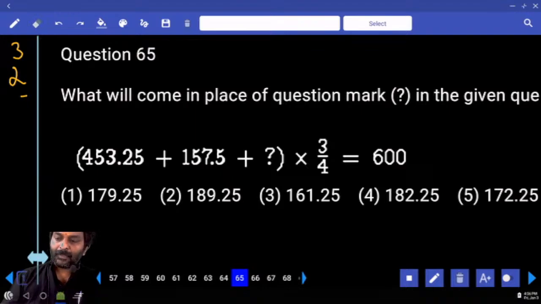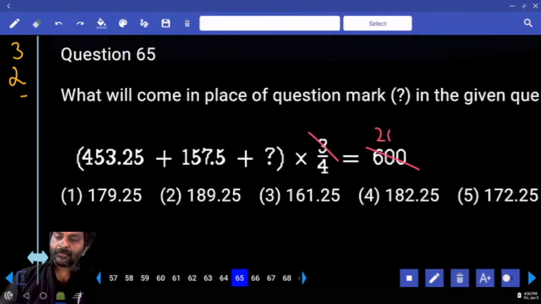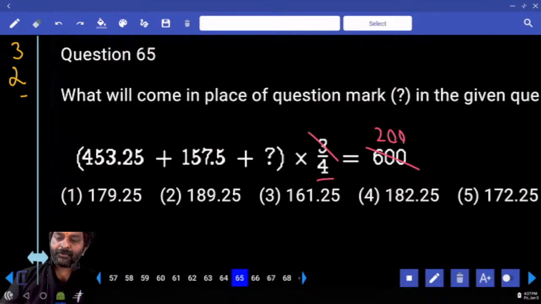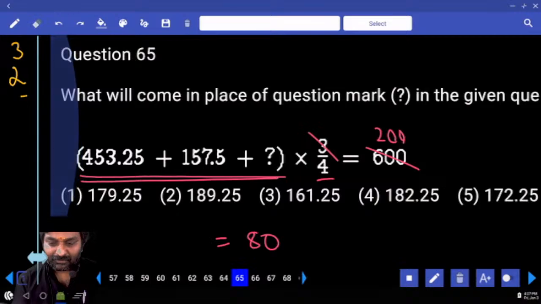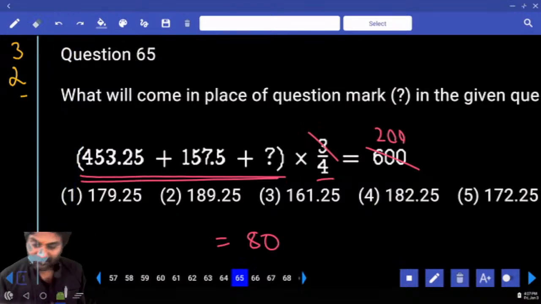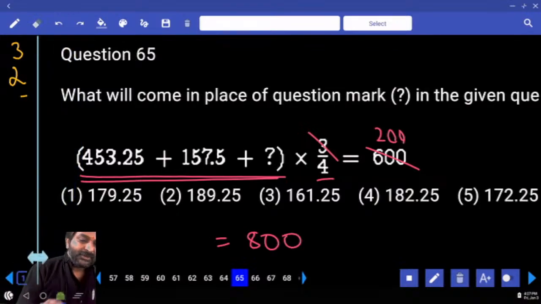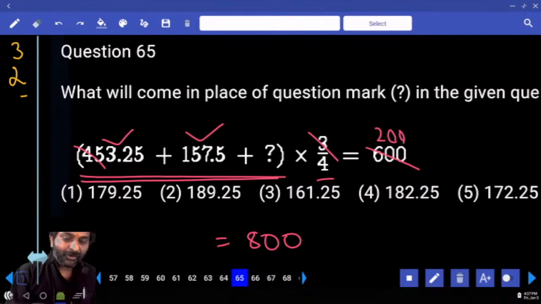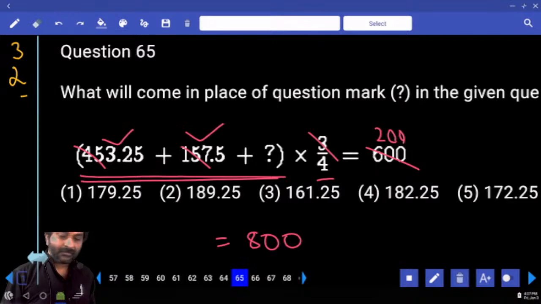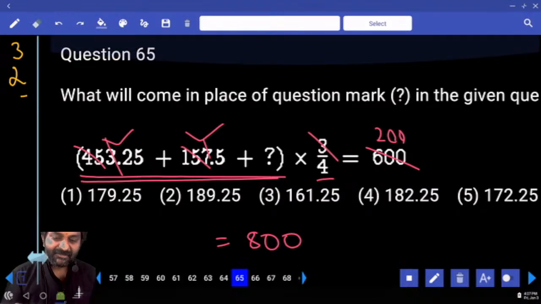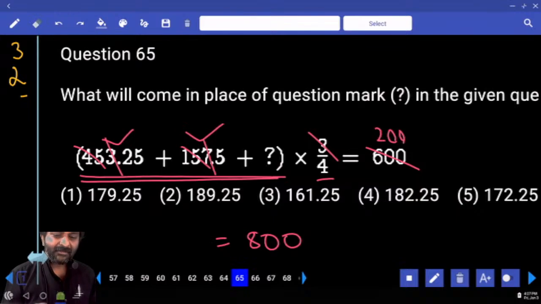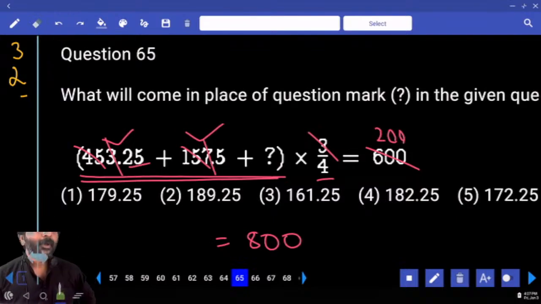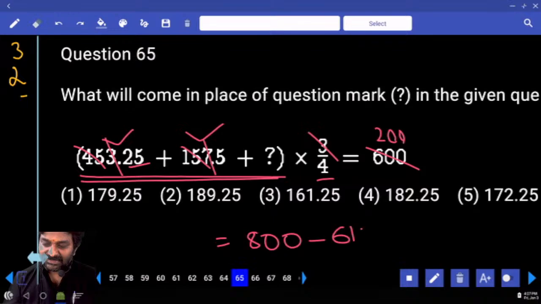Are you done? 3 how many times? Left hand side denominator 4 goes to the other side. Come on. Then this underlined value, the numbers inside the bracket, the value is 800. Understood? Right. So let me take the sum of these two numbers to the right hand side. First of all, 450, 150. 3 plus 7. 610. 0.75 minus 610.75. 0.75